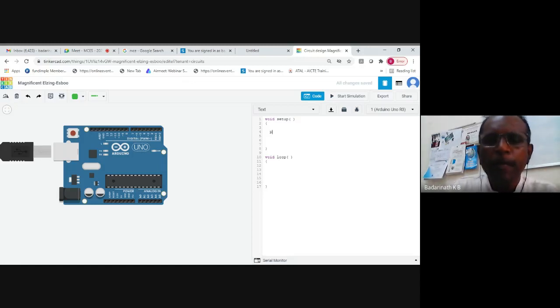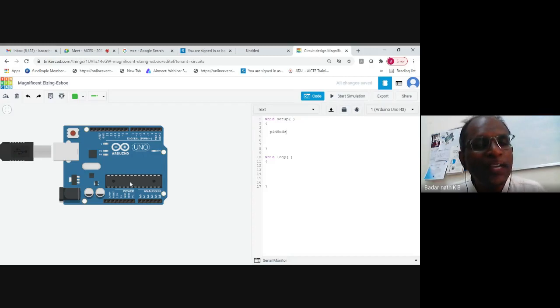A lot of built-in functions are provided here. I am not required to understand the architecture of the Atmel 328 processor, and I need not go into the detail of the Atmel microcontroller to select the pin mode. That is the beauty of the Arduino board. They have already written the functions and given them. But in units 2 to 5, what we study in the ARM microcontrollers, these functions are not available. You have to understand the architecture of the microcontroller, go inside, and write programs for the registers present inside the microcontroller.